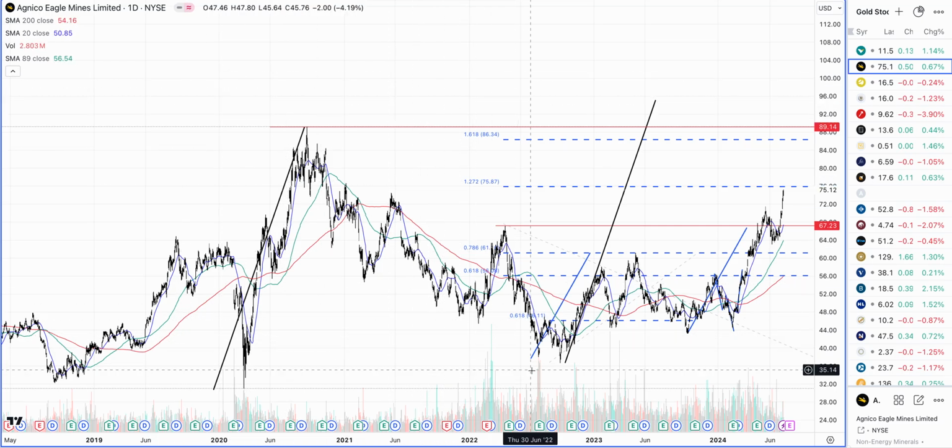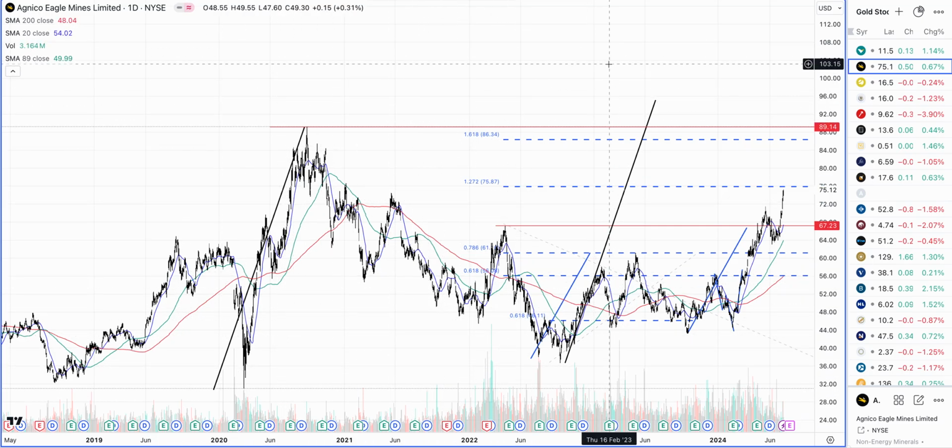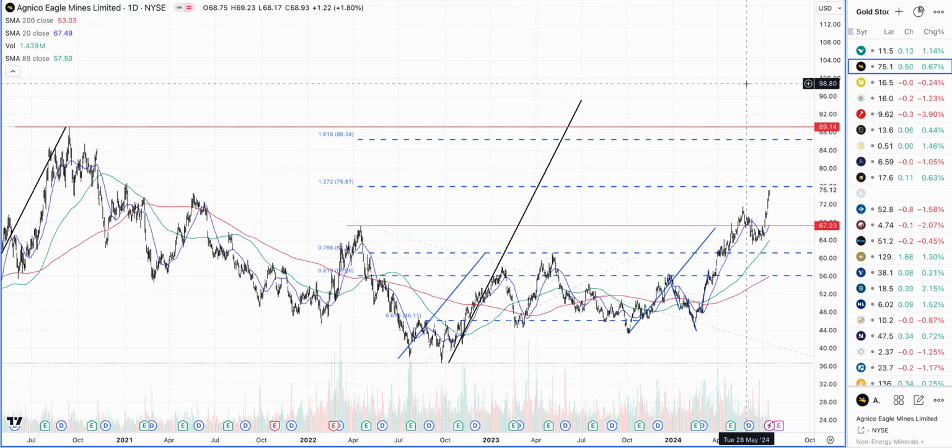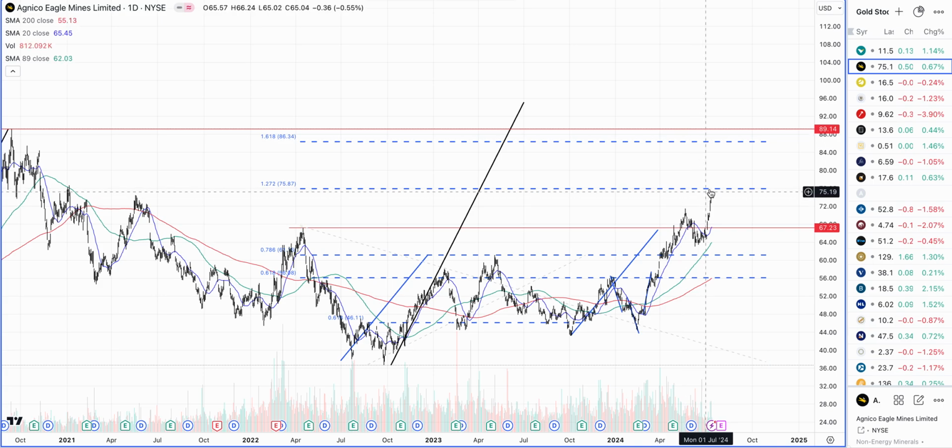I've not drawn the expansion of this entire BC swing, so we could be actually looking at something 100 plus if the market does not find a big resistance. Where it is right now here, it could be a minor resistance, and we could expect the stock to pull back a little bit, maybe consolidate, catch up with this 20-day moving average.